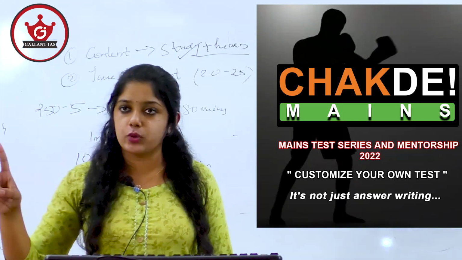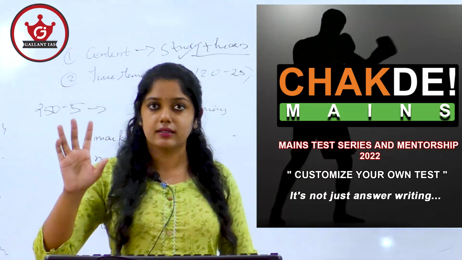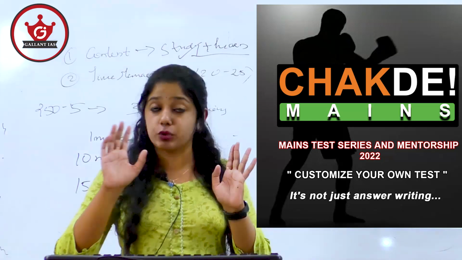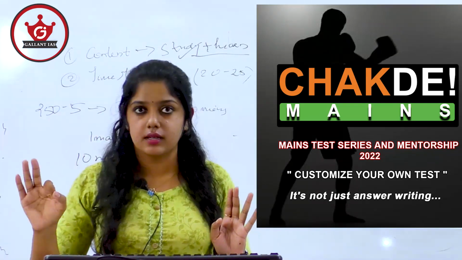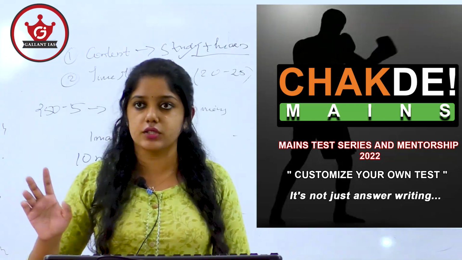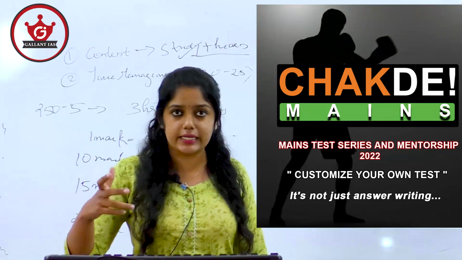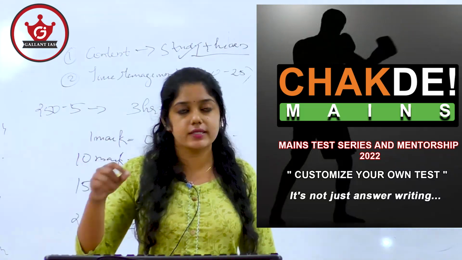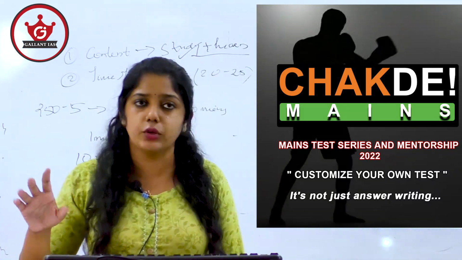So in order to write 2 essays, for 250 marks, you will get almost 3 hours. So for one essay, your time will be 1.5 hours. You have to first of all brainstorm the content, brainstorm the answers, and then write. You should not all of a sudden start writing an essay; you have to brainstorm.